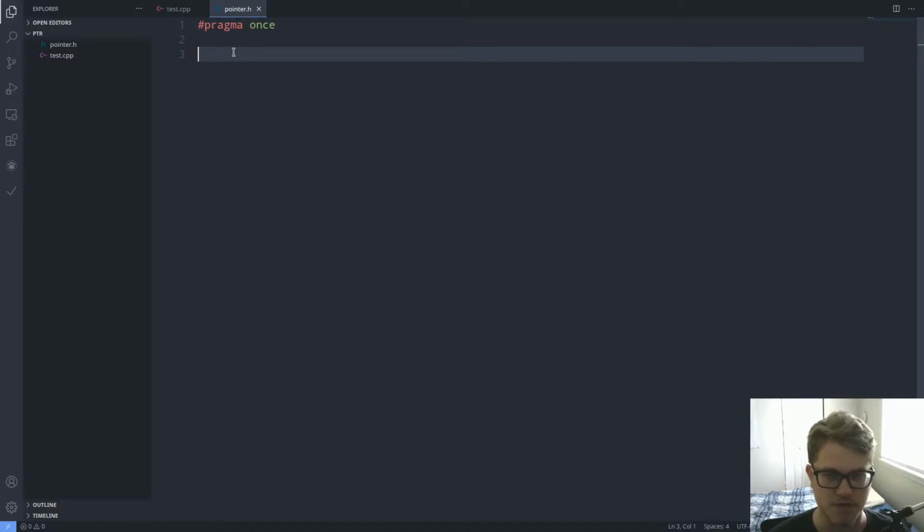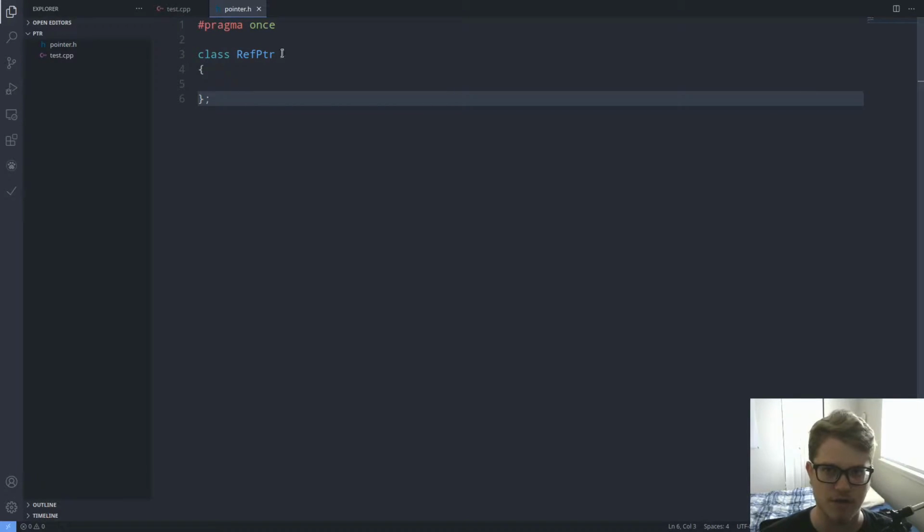As always, we're gonna start with the header guard right there, and so I'm just gonna call it a ref pointer, because it's a reference counting pointer. That's how it works. So the idea of a shared pointer is that you can send the pointer around,